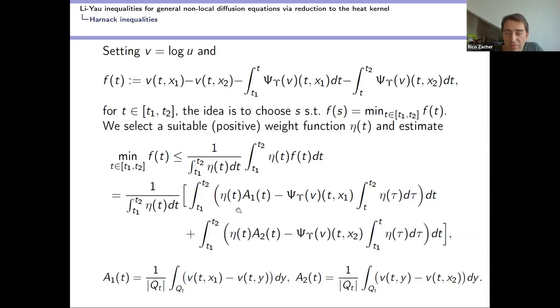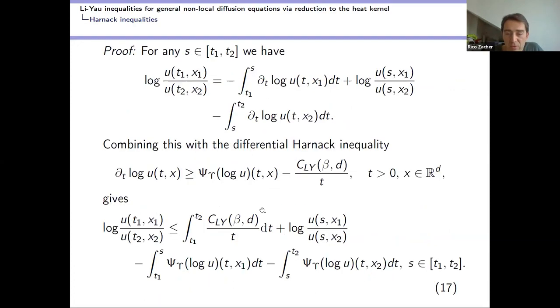Now let me maybe go a step back to explain the difficulty here in comparison to the local case, to the discrete case, pardon. So in the discrete case, you have just u at s x1, u at s x2, and suppose the two points are neighbors. When you have these non-local terms, here you have an x1, so you have log u, and then you take all the differences. You have log u at x2 minus x1, but you also, from this term, would have the epsilon function applied to log u at t x1